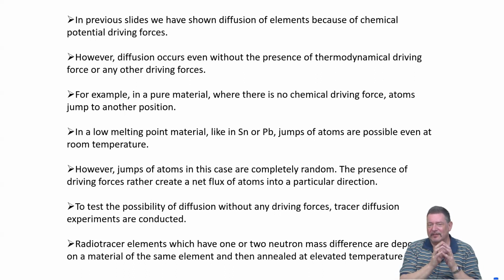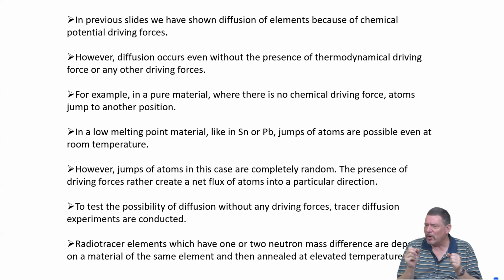But still, the interaction between this isotope atom and the non-isotope atoms surrounding it could be slightly different because of the different masses. So the atomic vibrations would maybe be a little bit different at the same temperature for this isotope as compared to the surrounding atoms. So it gives rise to, at least formally, being allowed to describe this as a different concentration gradient. So we can apply Fick's law, chemical potential difference.